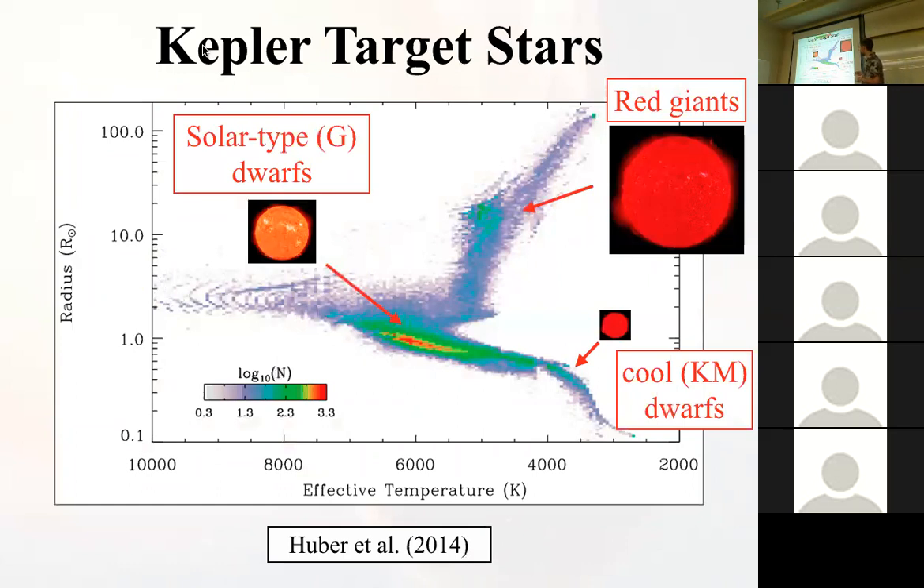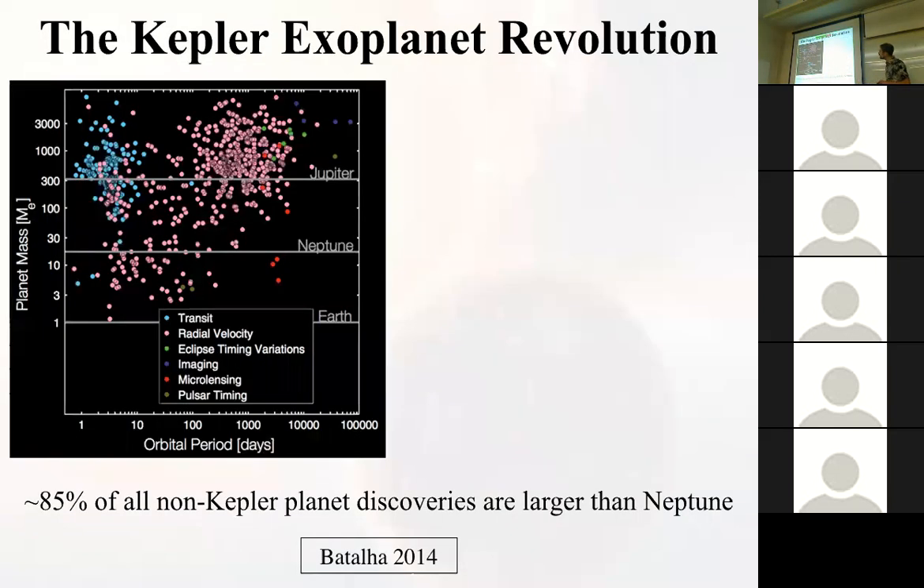Most of the stars that Kepler has observed are solar-type stars, G-type stars, sit around here. It also observed a few cool stars, so cool dwarfs, K and M-type dwarfs that are much smaller and much cooler than the sun, and also a sizable fraction of red giants. Most of these were actually observed for astroseismology, not to find planets. So Kepler really focused on the solar-type stars, the ones that are circled here,